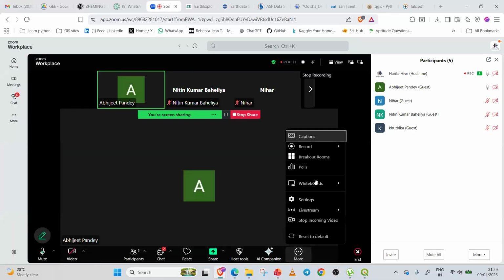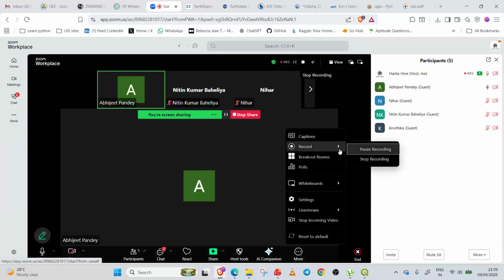Okay, so does anyone have any doubt? Sir, the raster pixel to polygon which we have done